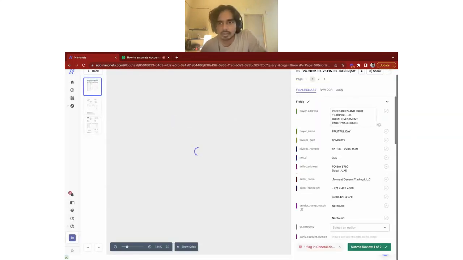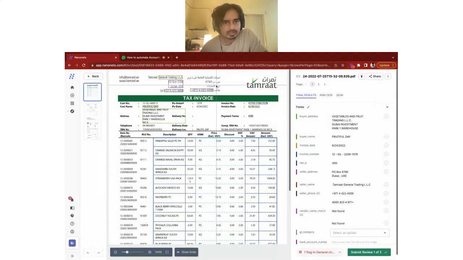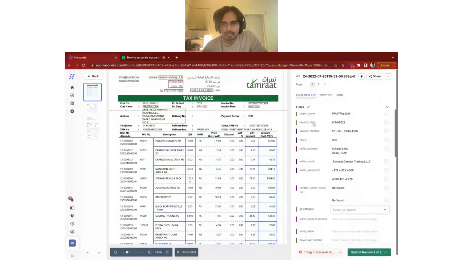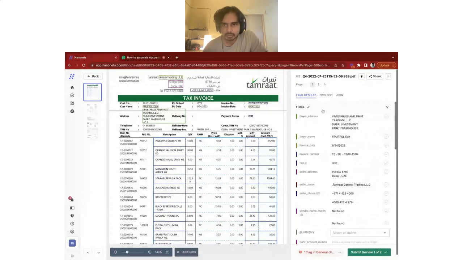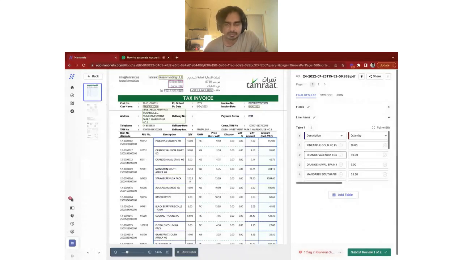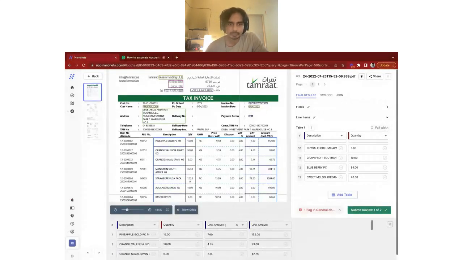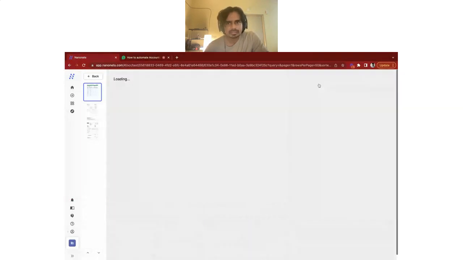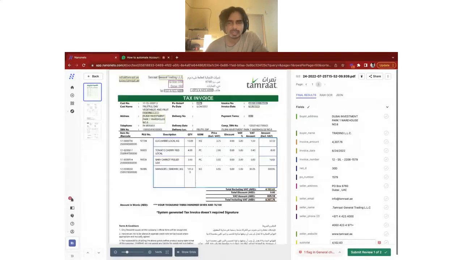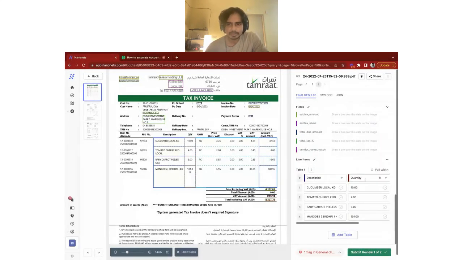So what I did currently is I went ahead and uploaded a file, and let's just see the extraction on that file. So this is an invoice. It's from the UAE, and you can see that our model has never seen this invoice before, and this is the extraction. So these are the fields that we've extracted, and these are the line items that we've extracted. I'll just expand the table. So yeah, these are the line items. It's a 2-page invoice, so it spans across pages, and we have line items on the second page as well,